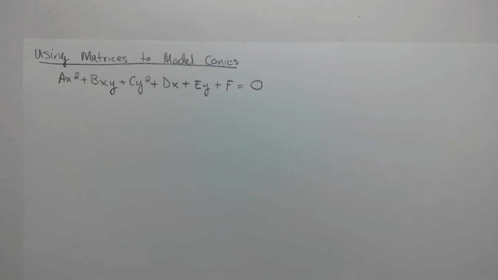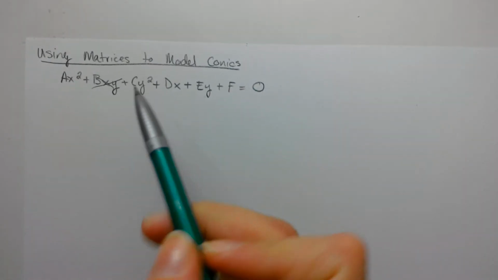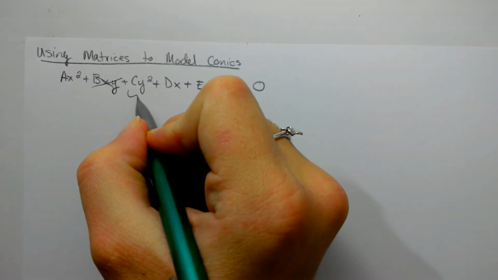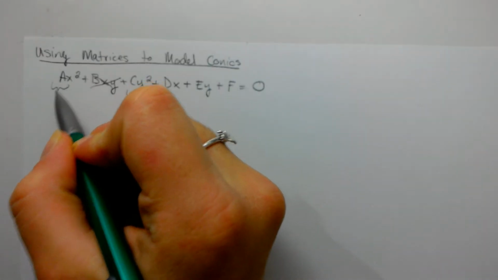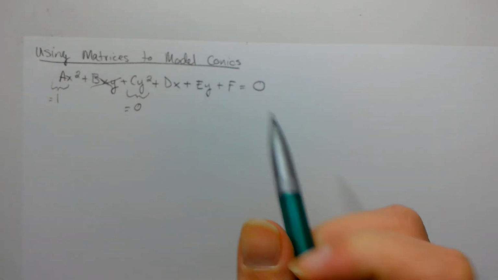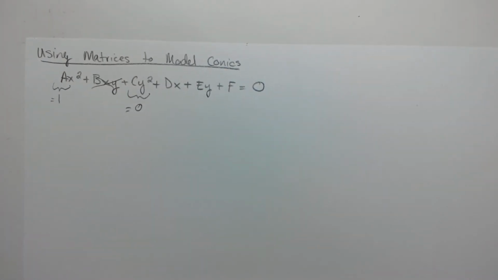Okay, so what's different about a parabola is this time, initially with your circle, you had your A and C equal together and they both equaled 1. Now what's different here is, again, we're not going to focus on the rotation factor. This time your C value is equal to 0 and your A value only is equal to 1. So that completely cancels out your Cy squared term,